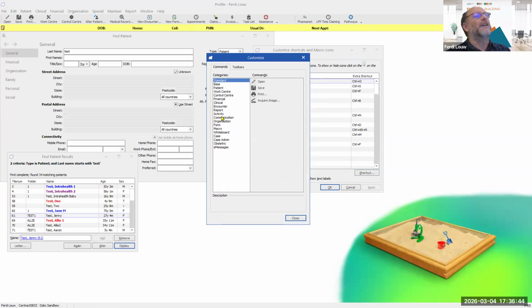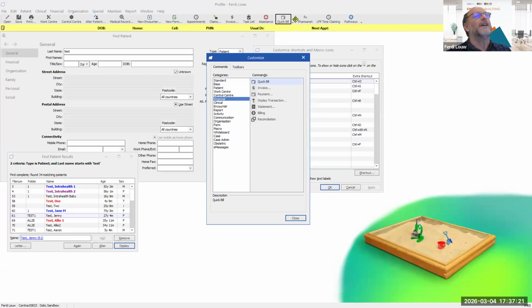So here are some items that you can select from: the standard ones, a base set. Let me see, where is another one? If I want to know something for financial and I want to link to QuickBull up there, I can select that QuickBull and then drag it to my toolbar where I want it. And there I've got my QuickBull icon, giving me quick access to that. Let me see, can you drag it to that? Yeah, you can drag it from there onto any of the toolbars that you've got. So this is quite handy.